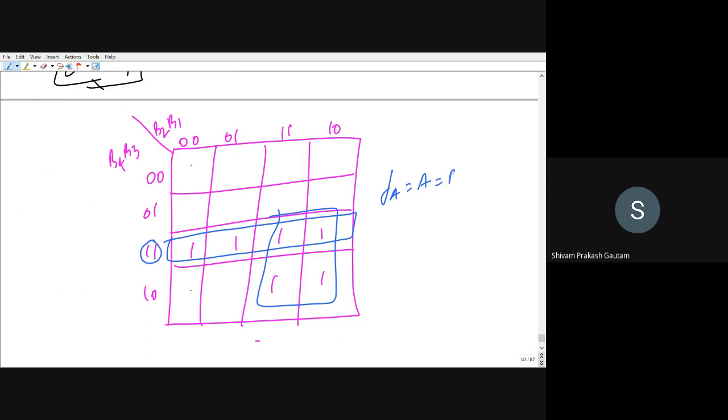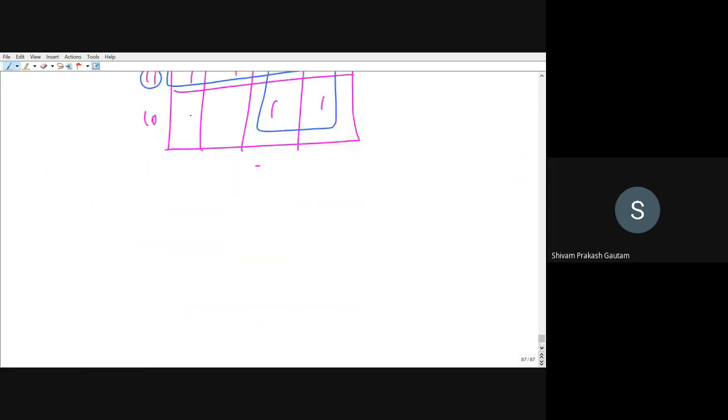So B4 B3 plus B4 B2, right? So this is A. Similarly, you will get B. So B, right now we are getting as B4 B3 bar. I'm directly writing. You can solve it later on because you already know how to solve K-map. We have solved many in assignments as well. So B4 bar B3 plus B3 B2, and D we are having